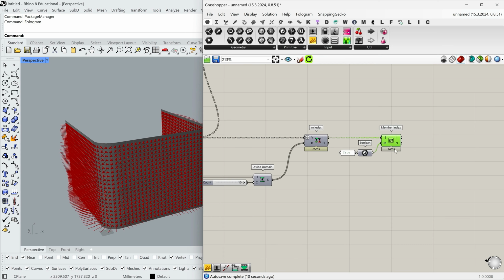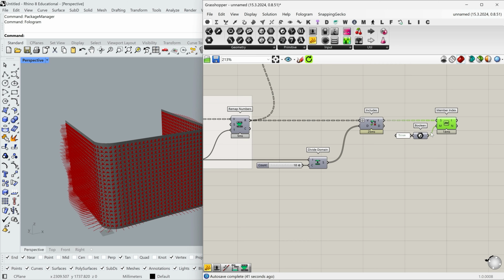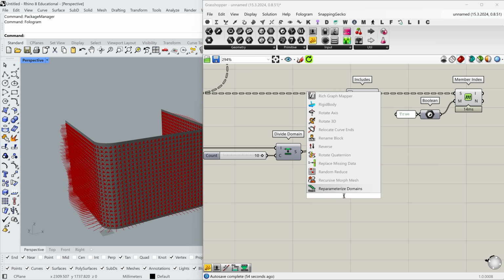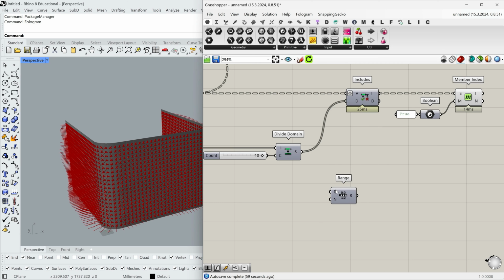Still, we have these weird values, which we need to round up. And that's what we're gonna do now. We're gonna create a specified length for every rod group. I'm going to do it using a range component.